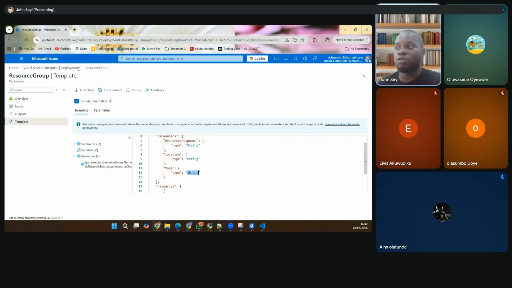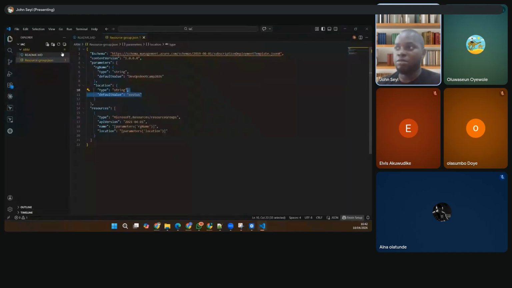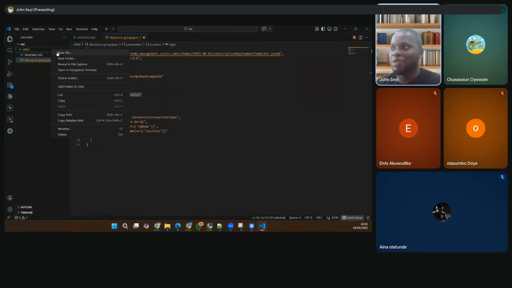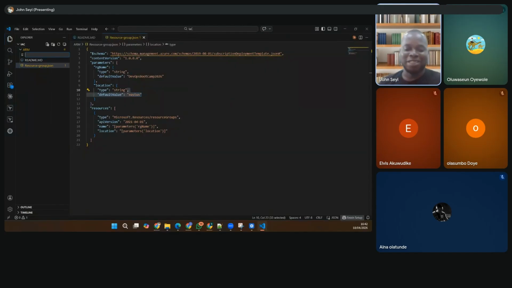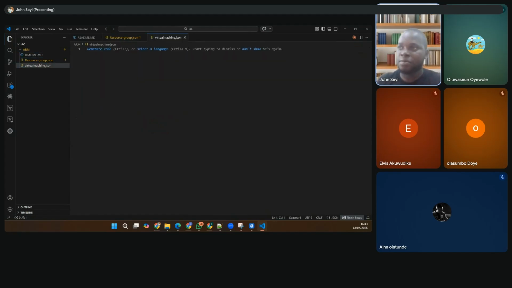So ARM templates can kind of look like a complex, funny kind of thing. But let me show you another sample. I know it can be boring, but please bear with us. It's just our topic for today. The next one I want to look at is for virtual machine. Virtual machine template. Virtual machine JSON. So we have this sample